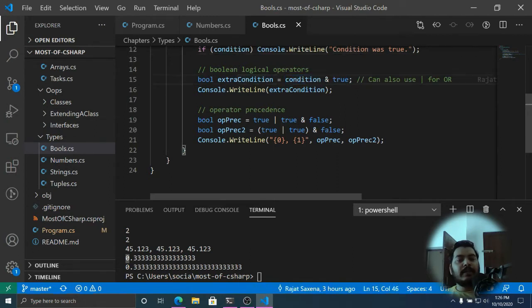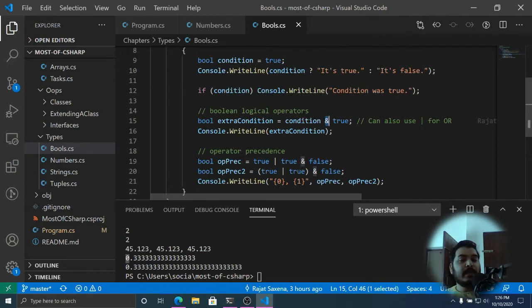So basically this is the AND operator. If you want to combine conditions, you have to use these operators AND and OR, right? So this one is the AND and this one is the OR operator, and then you can also output the variable and it is going to simply state true or false.